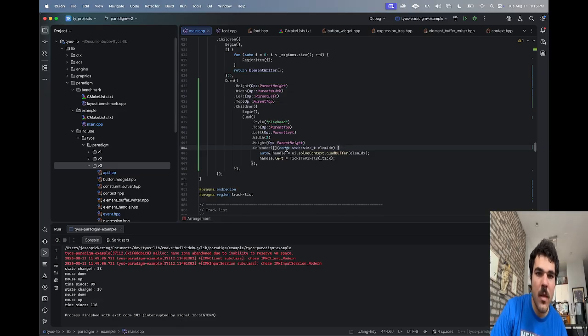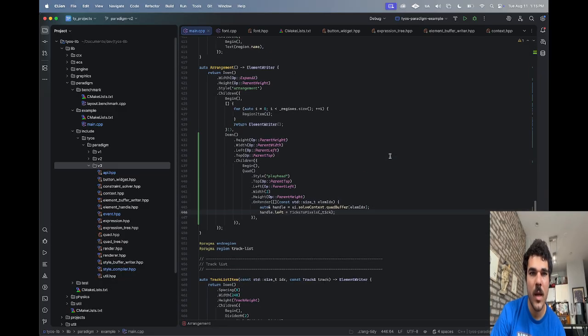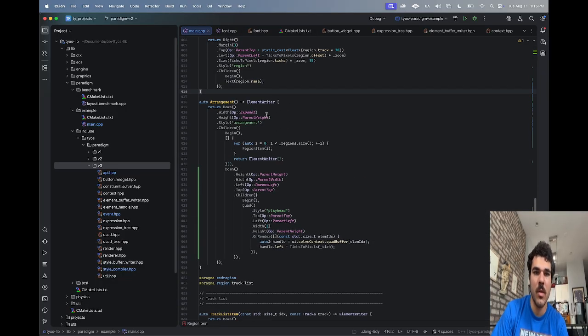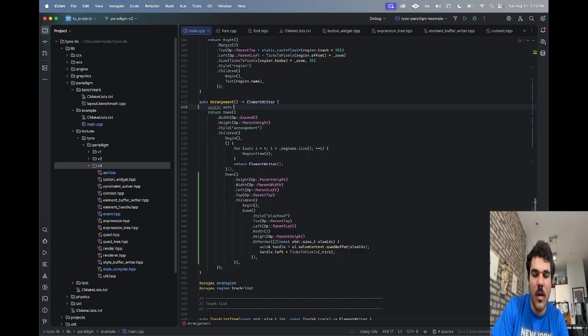The thing is, for any sort of animation you have to remember your start point. I don't know if I'm gonna write a whole system for that right now, and instead I'm just gonna do it ad hoc and say static auto